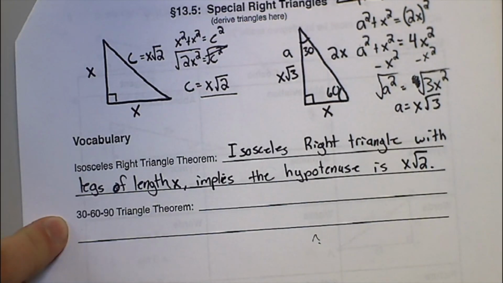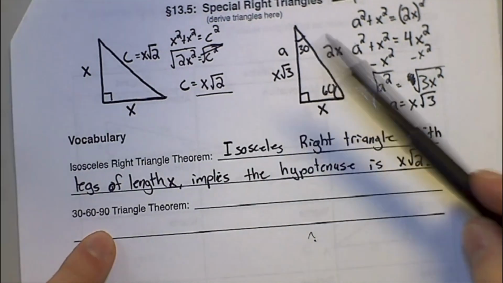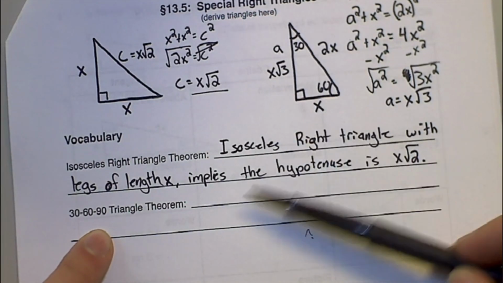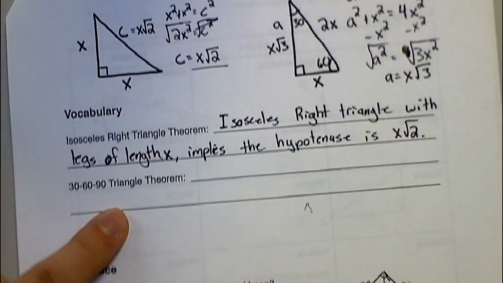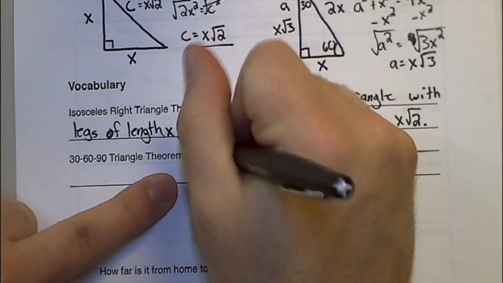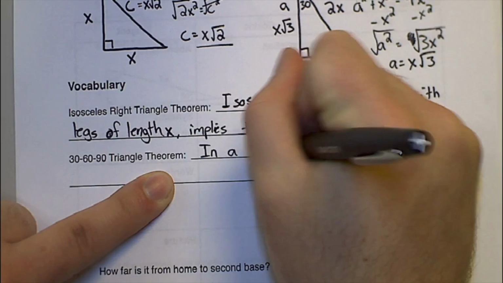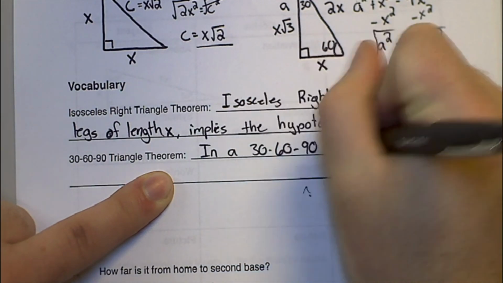Okay, let's talk about our 30, 60, 90 triangle. Now that name, 30, 60, 90, is really just referring to these angles, but it's just a way to distinguish that this is the triangle we're talking about. Okay, and so we're going to say, in a 30, 60, 90 triangle,